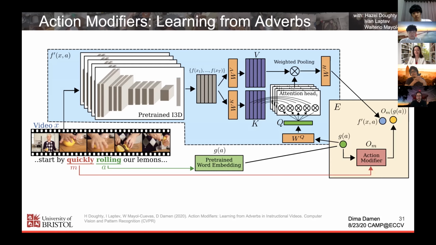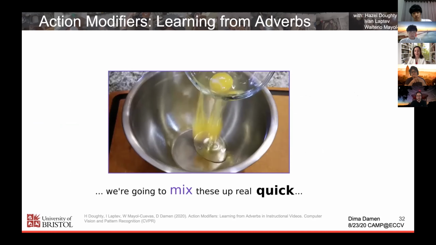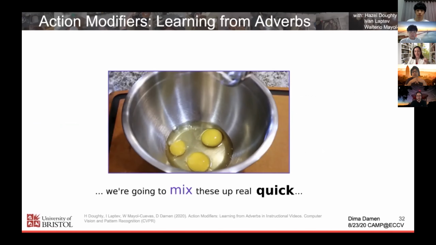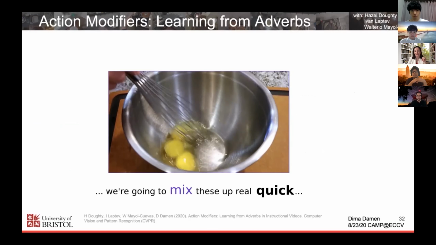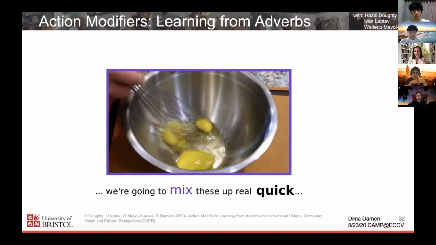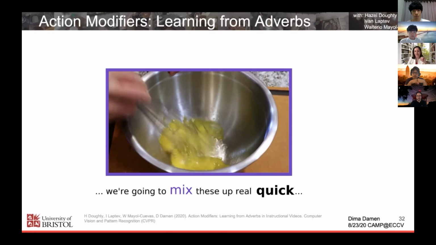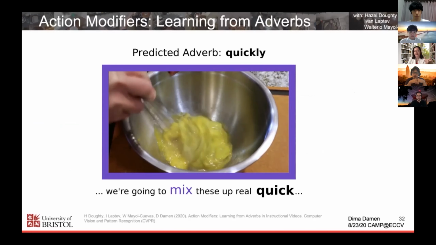Now let's see some examples of the result. What you'll see is a video. We know the verb we're after. We know that there is a mix. We don't know the adverb. And so you'll see the thickness of the border is indicating the attention, right? It's when is the mixing happening? And then at the end, after this attention is incorporated, it's predicting the adverb.